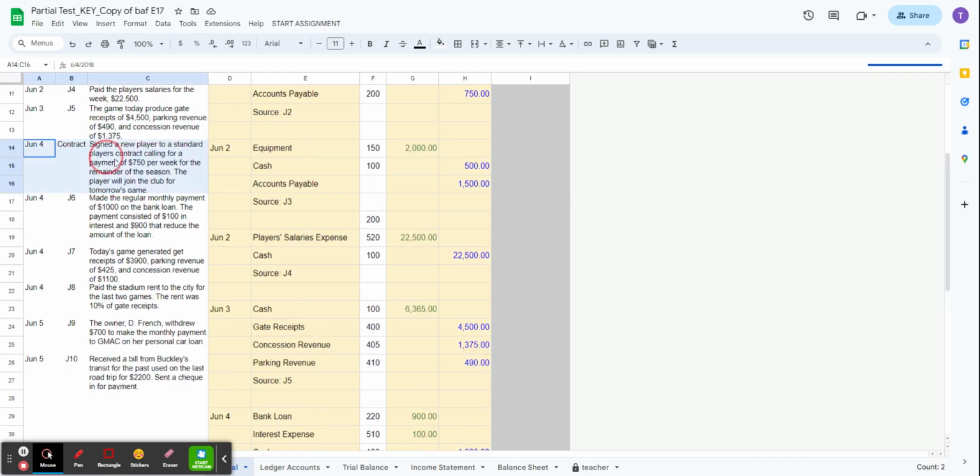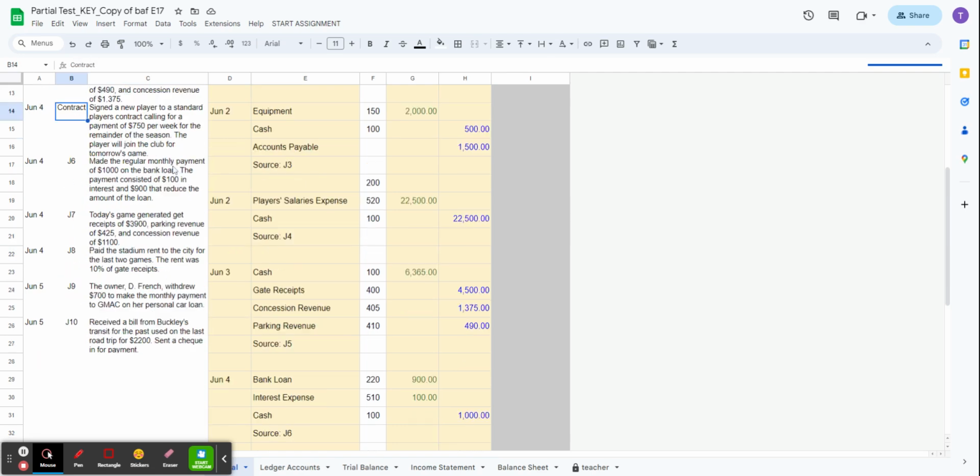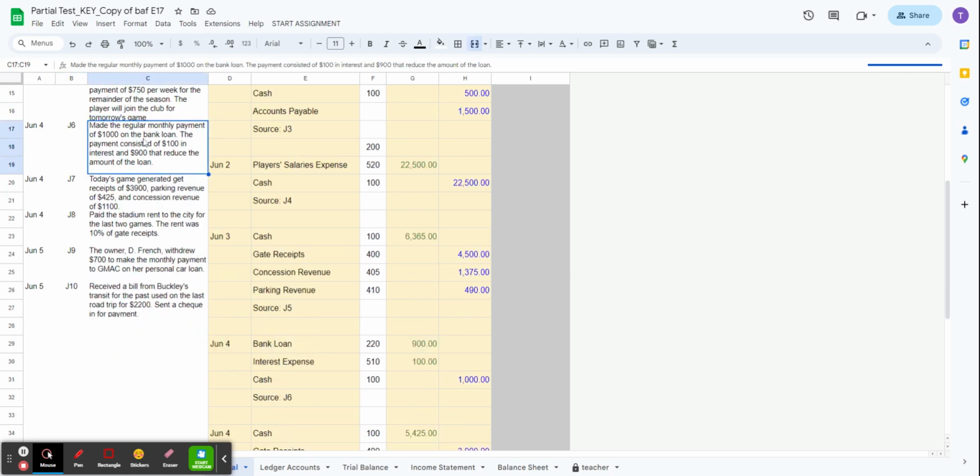So we skipped this one actually because it was a little bit of a trick question. We signed this contract with the player, but we haven't paid them yet. So no financial transaction has occurred. Therefore, we don't write anything into our journals. When we do pay him, we will put it in the journals, which is why the source was contract and not an actual journal entry, right? Unlike all of these. So we would actually skip this and move on to when we make the next transaction